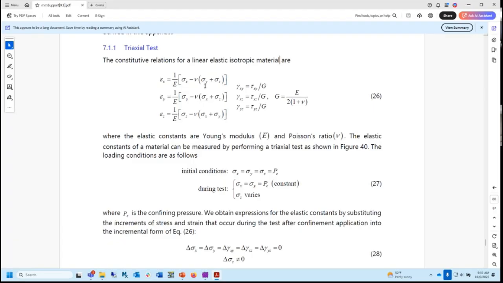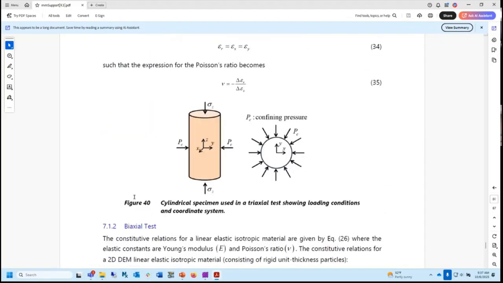And theory of elasticity is a 3D material, a real 3D thing, so you always have to start with the 3D relationship. And so the question is, can we apply initial conditions to a system to do a test so we can back out the value of E and nu? And we can if we take this system, a cylinder, and squeeze it with sigma z, or rather we apply delta z, we measure sigma z, and then for the general case, we have confinement that's constant, PC. So you see the idea, right?